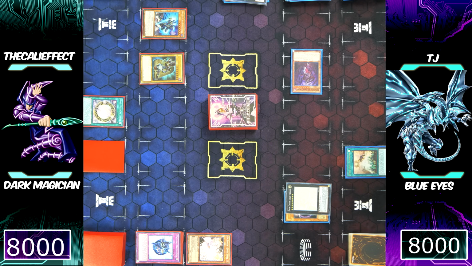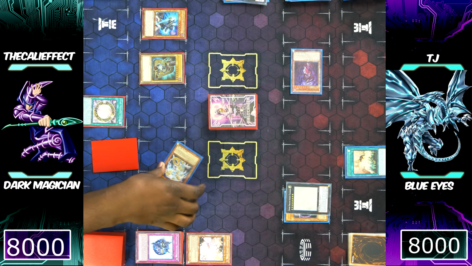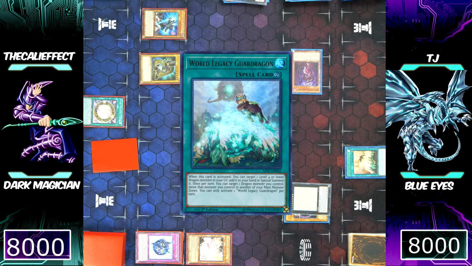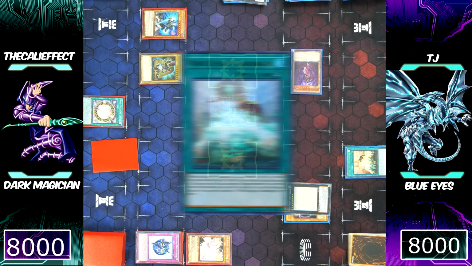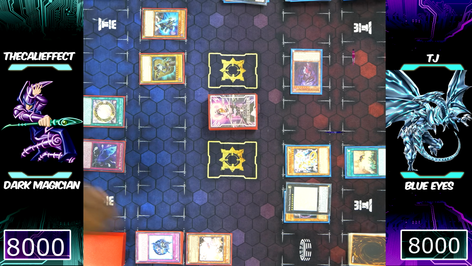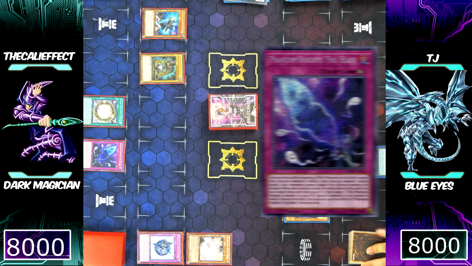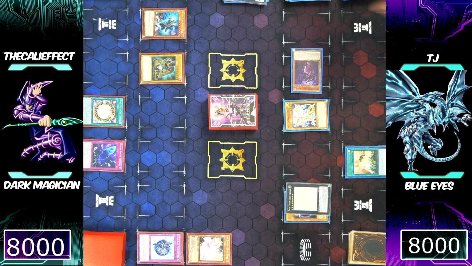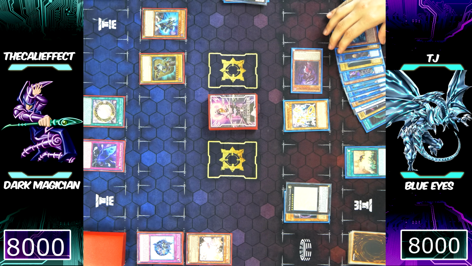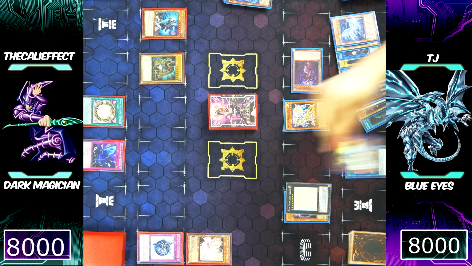it could have been a mistake. Now, TJ is going ahead and following up with a very saucy card in Heretic Dragon of Nuit. He's going to use the effect of his World Legacy Guardragon to move or target the Nuit, which will trigger its effect. I'm going to use the Phantom Knight's Fog Blade in response to that. I don't want that monster's effect popping off, because if it does, it's going to be really scary for him to get an additional dragon monster to his side of the field to start linking off with, or possibly just